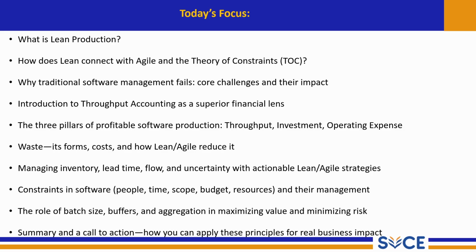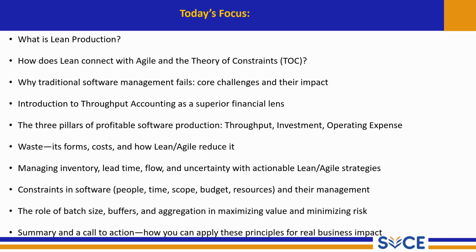And next one is the introduction to throughput accounting as a superior financial lens. The three pillars of profitable software production: throughput, investment, operating expense, waste, its forms, cost, and how lean or agile